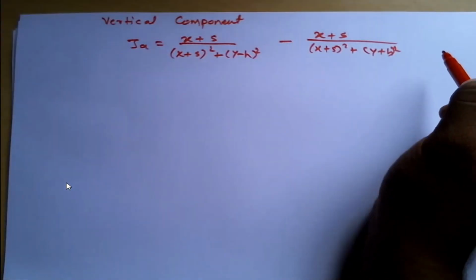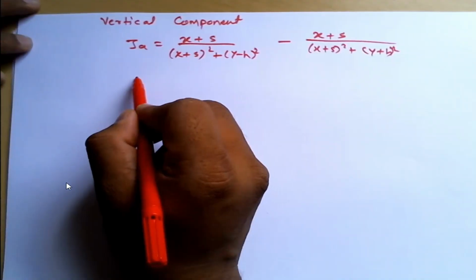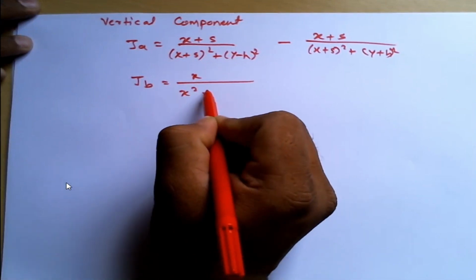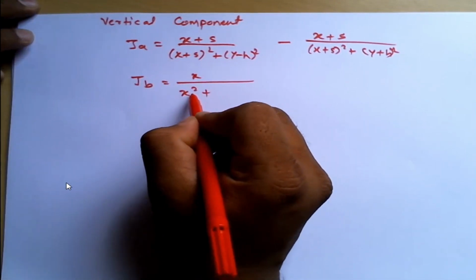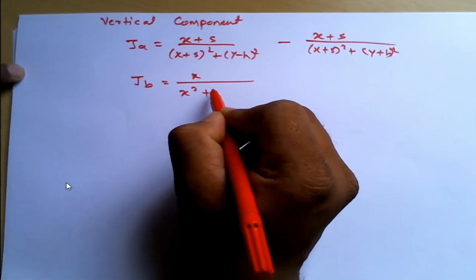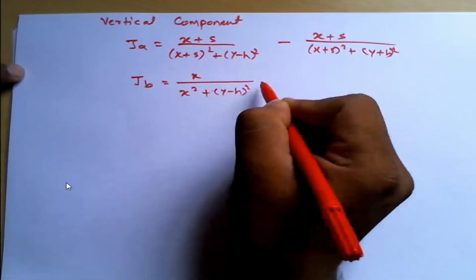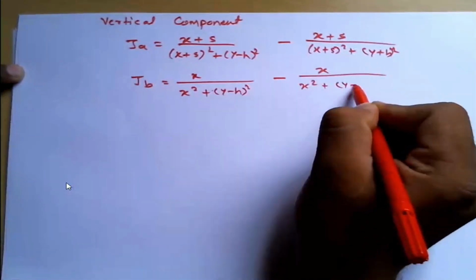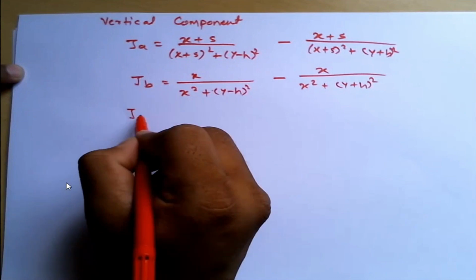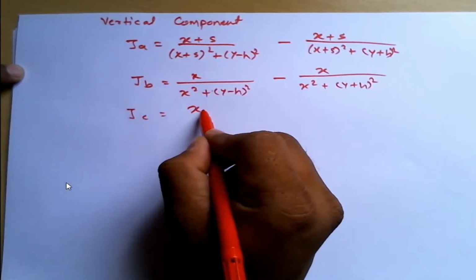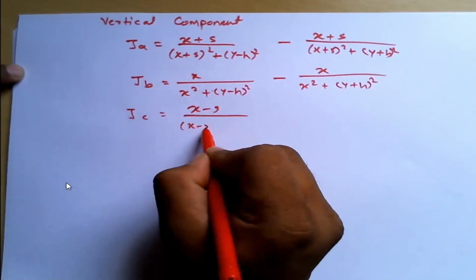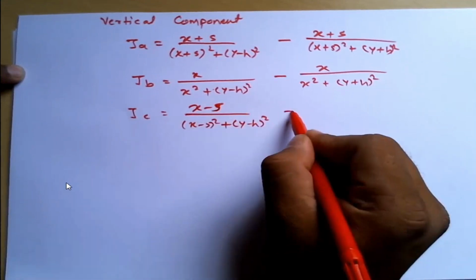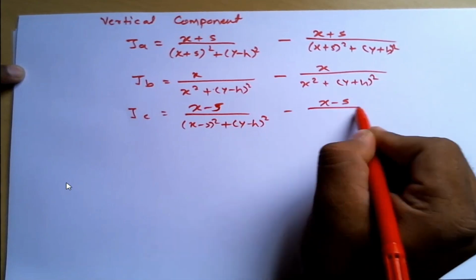Same way, what is Jb? It is equal to x divided by x square plus (y minus h) square, minus x divided by x square plus (y plus h) square. And similarly, Jc is equal to (x minus s) upon (x minus s) square plus (y minus h) square, minus (x minus s) upon